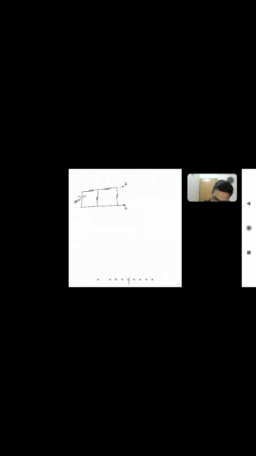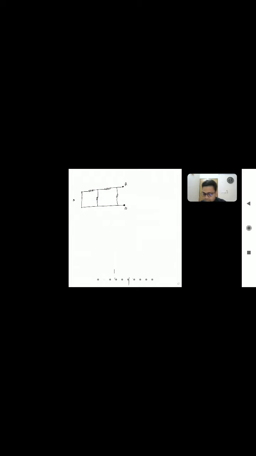So whenever you remove this one, it should be open like this. And we also need to remove this one as well and make it short,